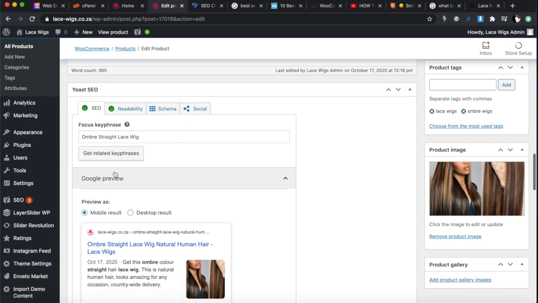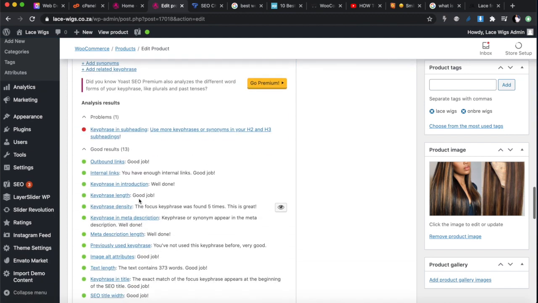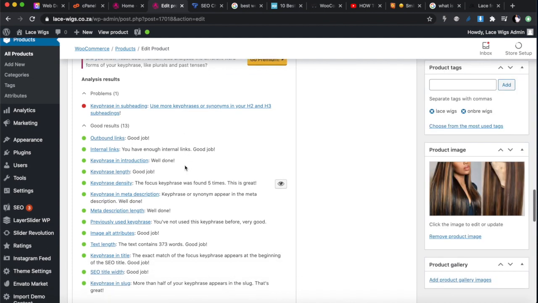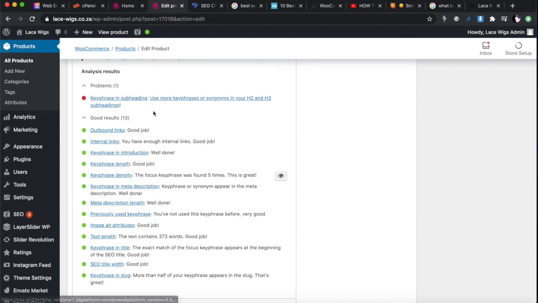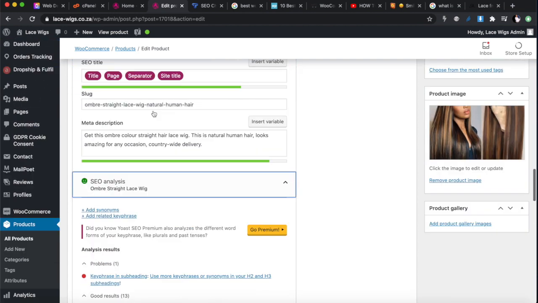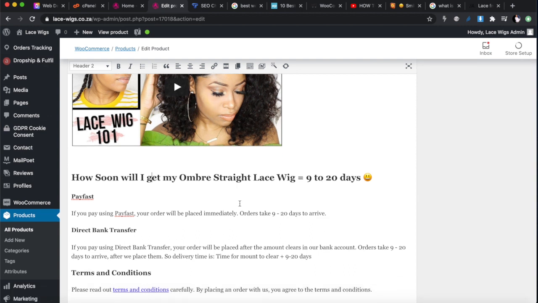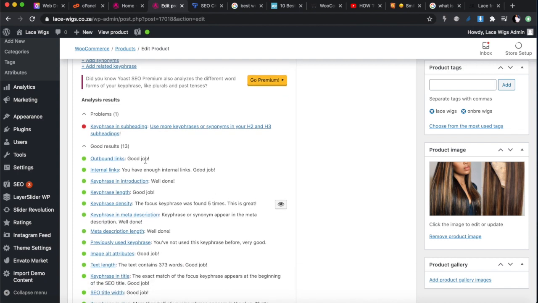So you put in your keyword phrases there, and then it gives you a scoring of some sort. If you look there, it will tell you what you need to have: all these things, meta description, all of that. So go through these things and make sure they're all green. If you haven't done anything, it will show in red, like it's saying red, key phrase in subheading. Like, I don't have the key phrase in subheading. I know for a fact I have it because I specifically put it there, and this is a subheading, it's a heading 2, but for some reason Yoast can't read it, so don't worry about it. Some of the things you've done may not show as green, but this is a good indication of your on-page SEO.